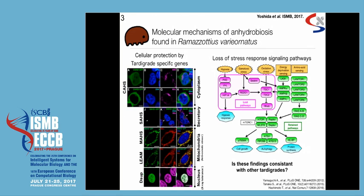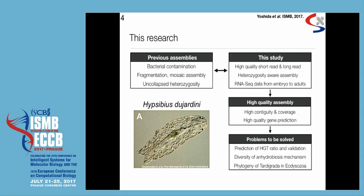And the genome analysis of Ramazzottius suggested that there's a severe loss in stress response signaling pathways, such as HIF1A, which is found to be mutated in cancer cells. These findings suggest the fundamentals of the molecular mechanisms of anhydrobiosis. However, these have only been seen in Ramazzottius, so we need to see them in other anhydrobiosis-capable tardigrades. So in this study, we resequenced and assembled the genome of Hypsibius dujardini, where previous assemblies had